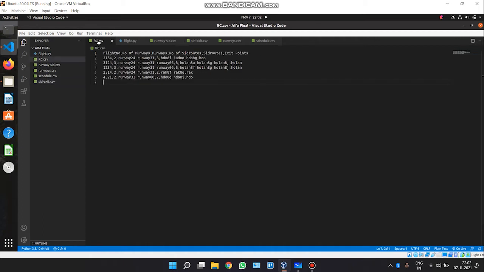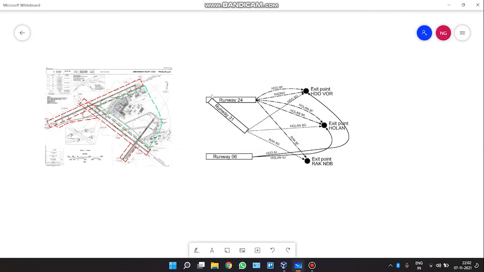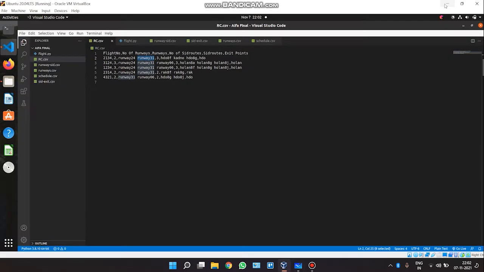Then we have RC.csv where you can see the resource constraint, like flight 2134 wants to only go through runway 24 or 31. It might be the case that the plane is currently stored in this hangar, so it would not be much efficient to transport the plane over here and then have it take off, right? And similarly, it also has its exit point predetermined, right?